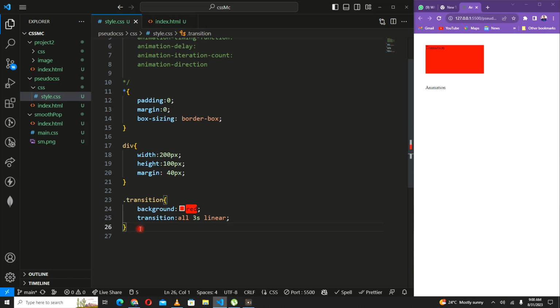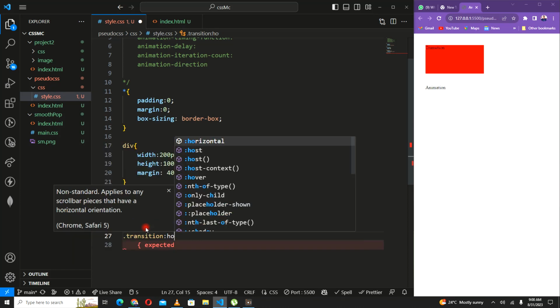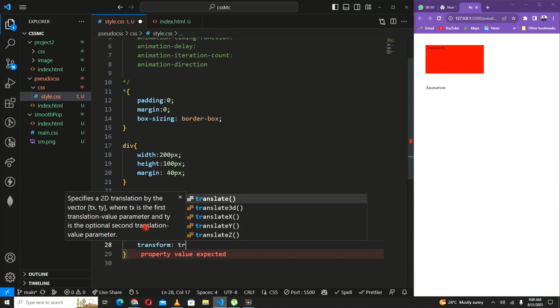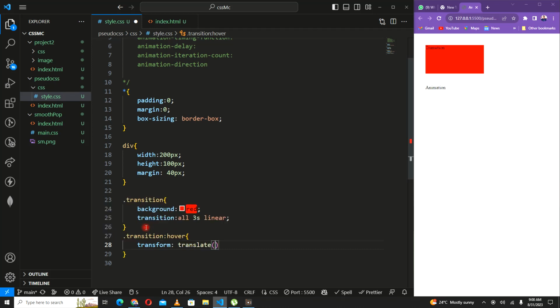However, I want something to happen on hover. I want something very specific to happen on hover on this transition. So I go ahead and do transform, and on transform, I want to do translate. When I'm translating, I want to translate on the x axis, let's say 100 pixels. I think that should be fine enough. So when I hover my mouse around this guy now,